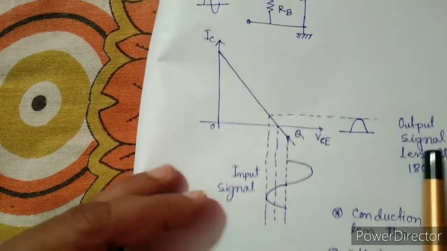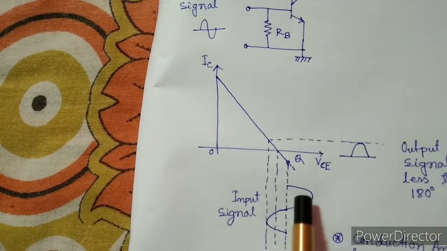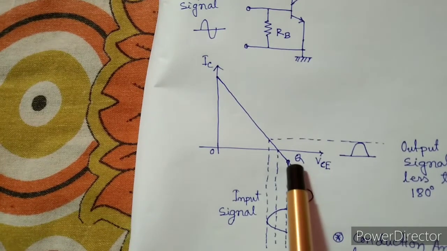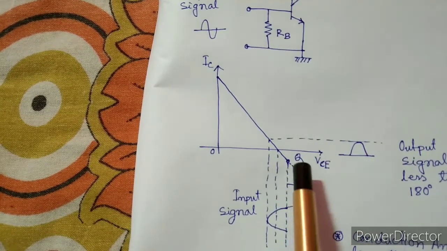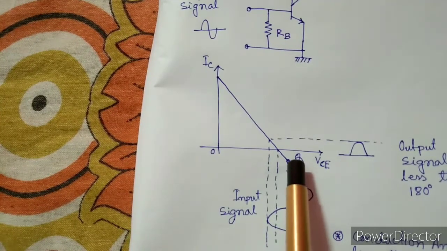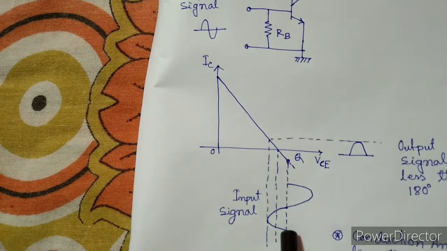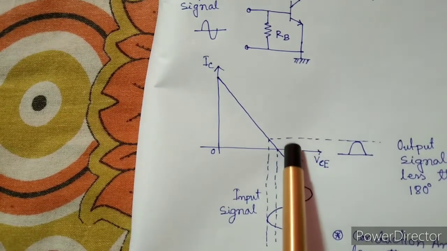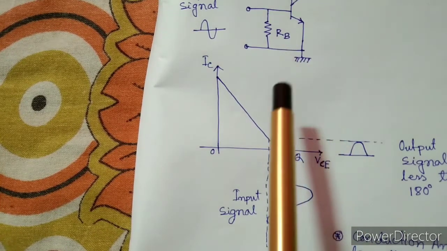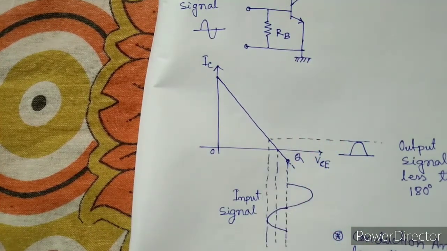So we are fixing the Q point in such a way here; if we fix the Q point here, then this is in the cutoff region. So, for the input from here to here, there will be no current through the transistor. So, IC will be 0